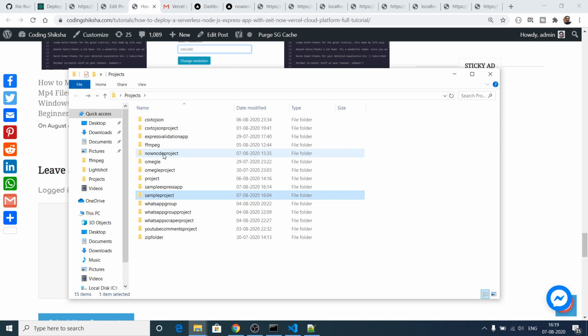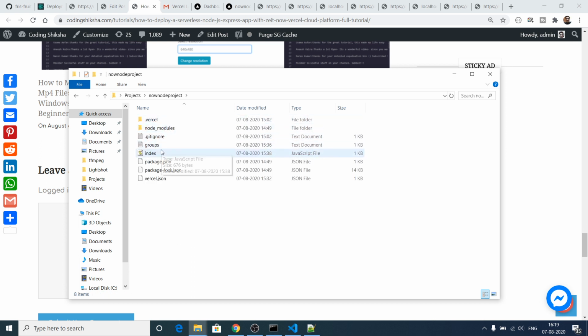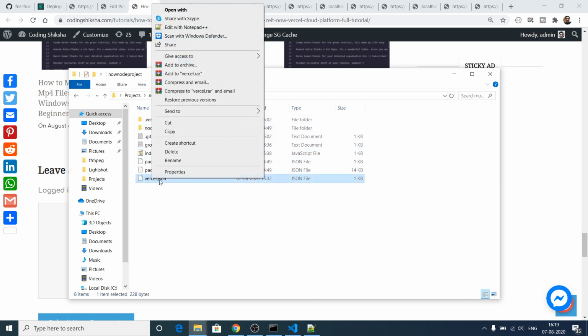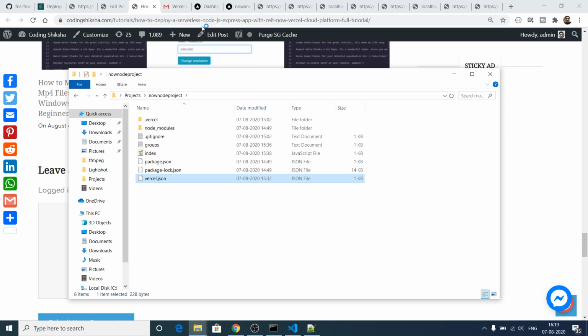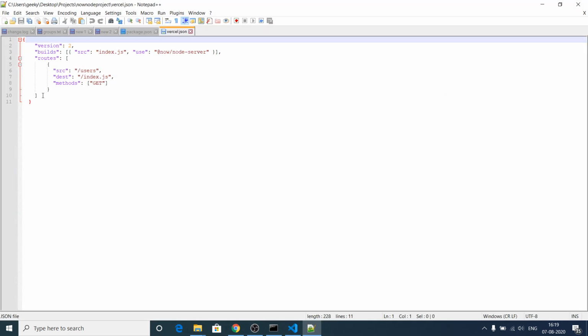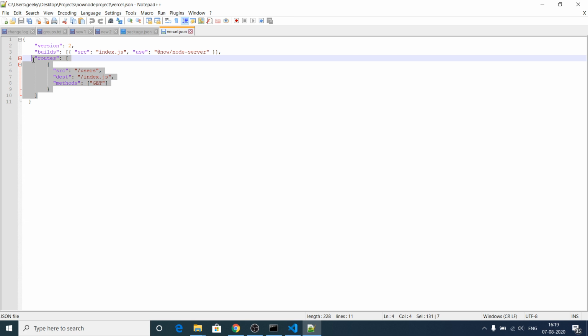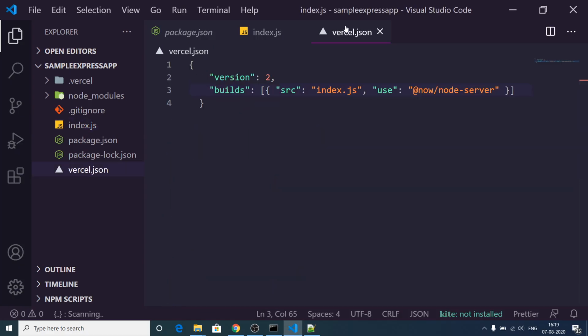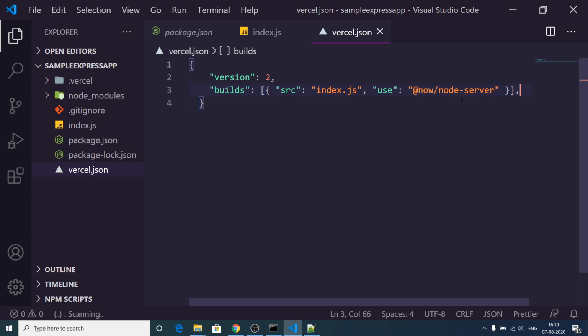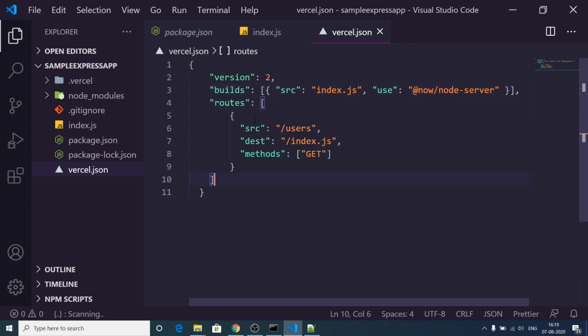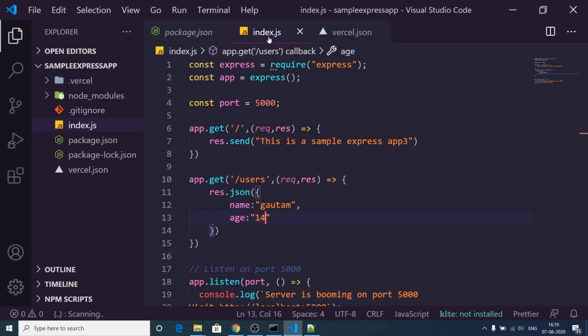So this is a file here. This is vercel.json. Let me just see what is the code here. So here you need to enter this property, guys. Let me copy this code and paste it here. So inside your vercel.json, put a comma here, and the third property will go in. You need to enter this routes here. So if you enter this routes here, you need to provide the source here, slash users. So basically whichever route that you are writing here, slash users.